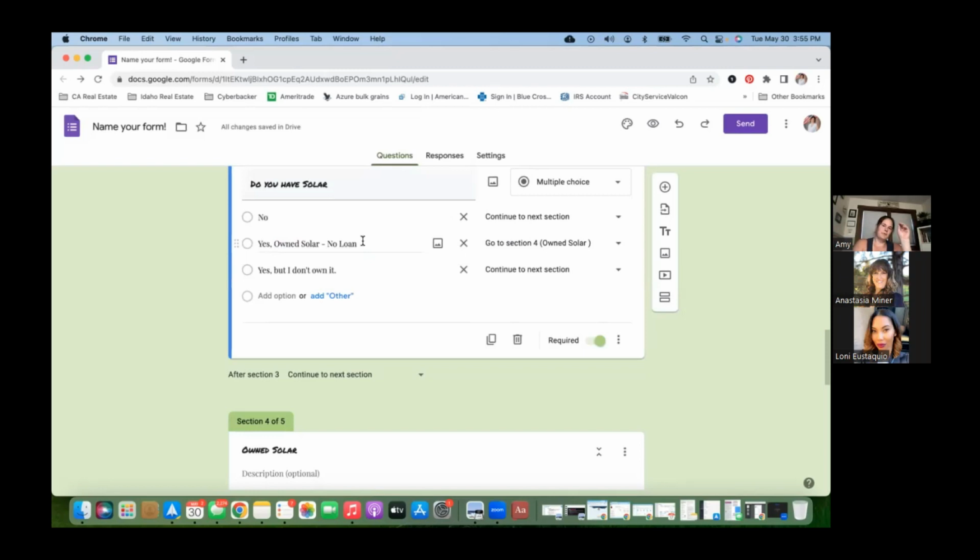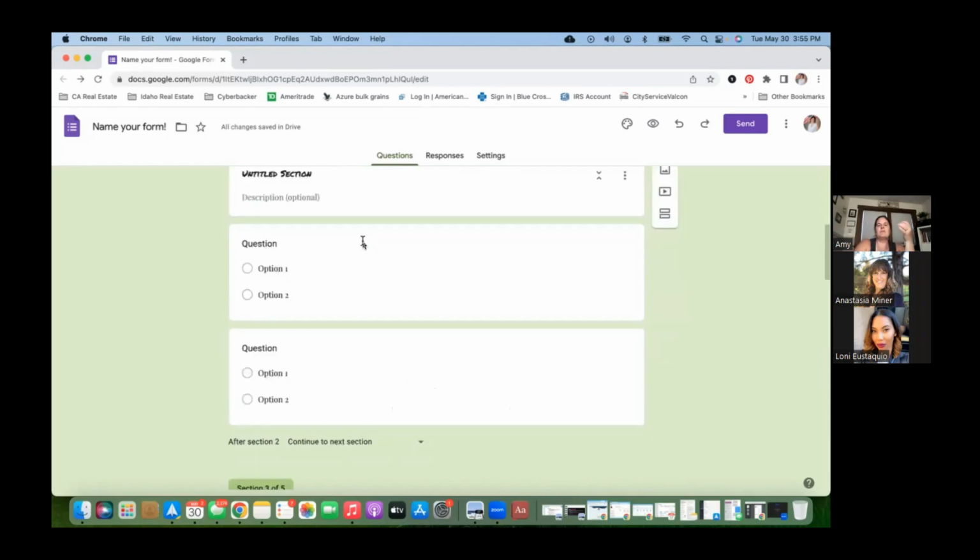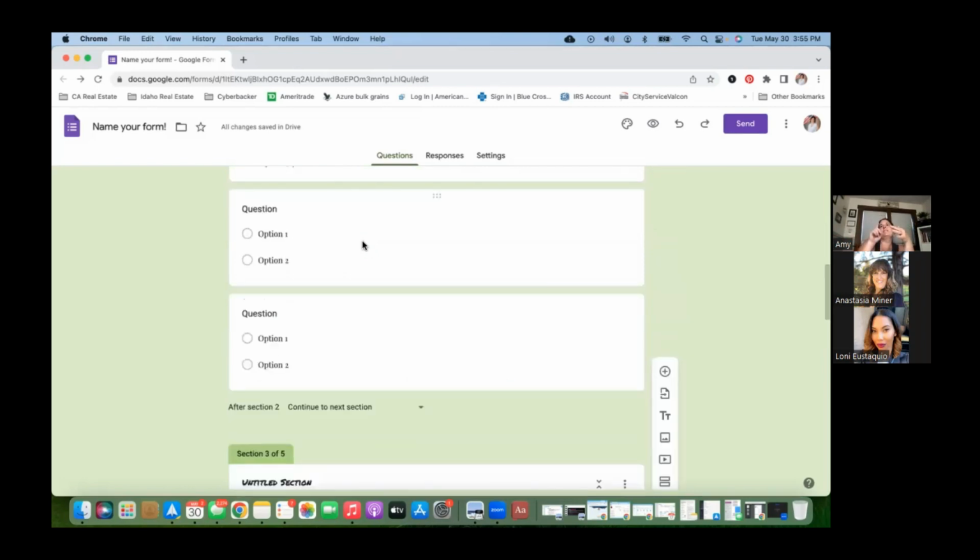It's super simple, set up really easily to use. So I like that one as well. So like on my MLS entry form, there was a pool section, there's a fireplace section, there's a solar section, there's, I don't remember, but there's several different sections they can skip between,